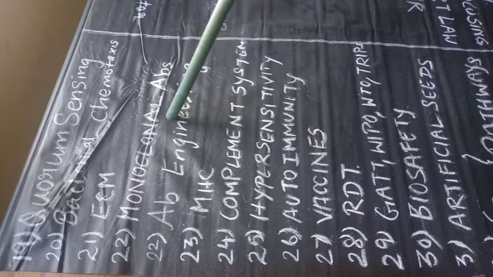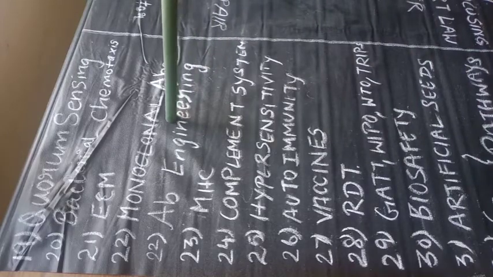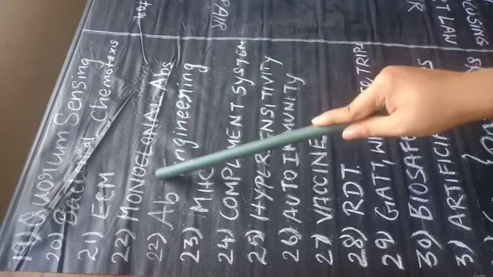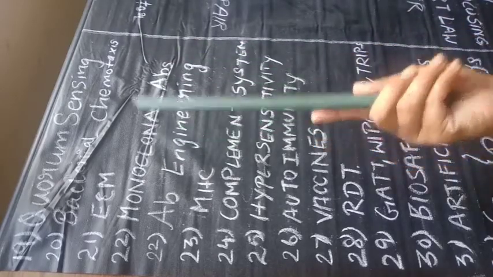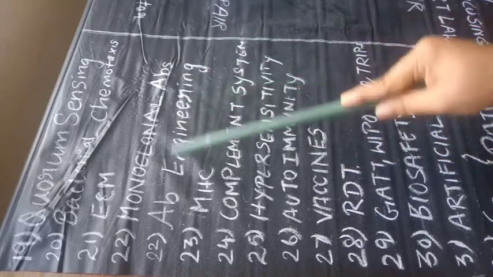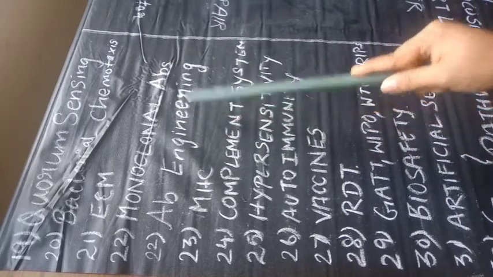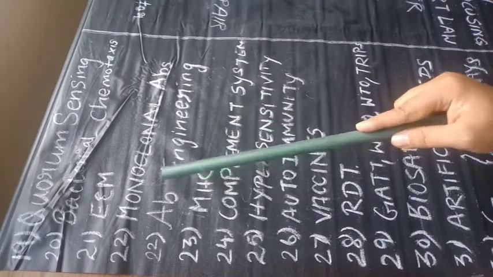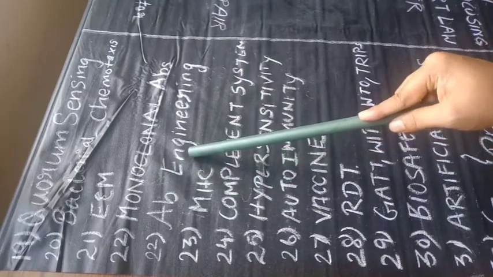And today, for many particular diseases, monoclonal antibody has been given as a cure. So you should know the monoclonal antibody used in the treatment of breast cancer, and what the other diseases are. And antibody engineering, there are many different types, like your hybridoma or your human-mouse chimeric antibody. You should know those.